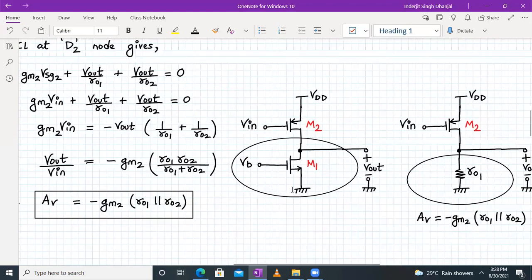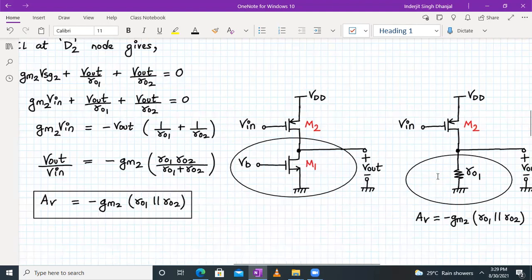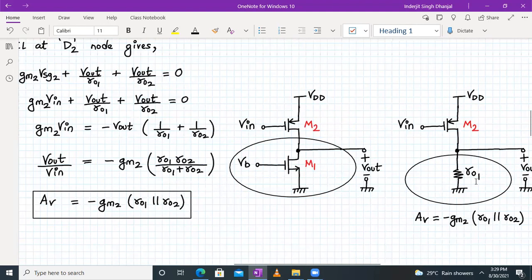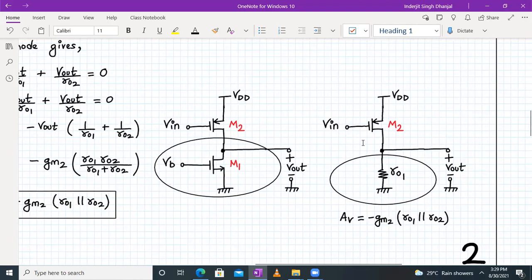So we know that the M1 transistor is being applied a bias voltage, and that bias voltage will make sure that the M1 transistor is in saturation. Whenever a transistor is in saturation, we can replace its drain and source terminals with a resistance RO, and in this case, RO1. Now we have this circuit over here. From this circuit, we have the driver transistor M2 and your load as RO1, right? So how can we write the gain? Gain AV will be given by minus gm2 times RO1 parallel to RO2. Very simple. So just by a quick observation, we can do it, but we have to be vigilant about it, correct?